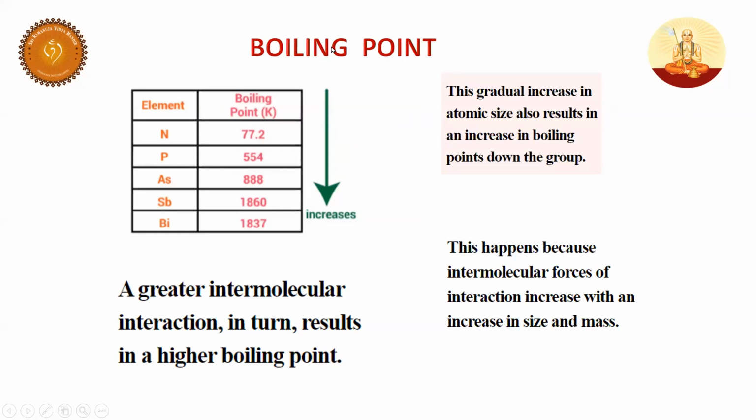So have a look here, students. Regarding the boiling point, as you go down, the boiling point is increasing. Why is there an increase in the boiling point? It's very simple. As you go down, atomic radius is increasing. When atomic radius increases, intermolecular attraction operates. Because of the size and mass, molecular weight is also increasing, so intermolecular forces increase. That's why they have higher boiling point.